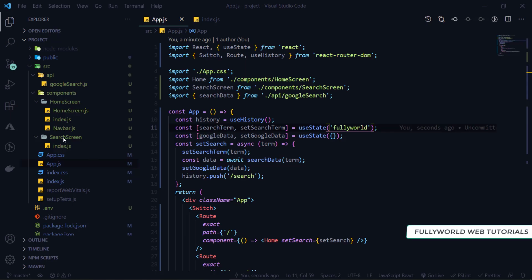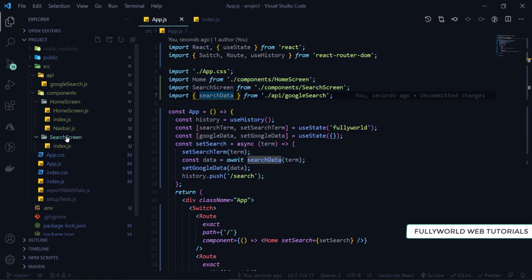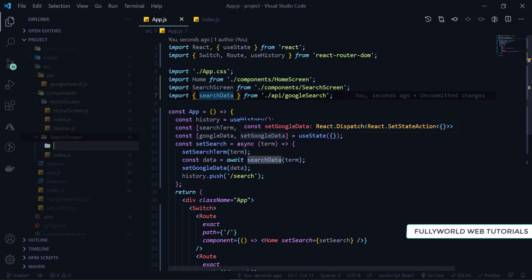Here I'm going to create one new folder under the search screen folder. Not a folder, I'm going to create a file only. Here I'm going to create one new folder that will be our navbar or header.